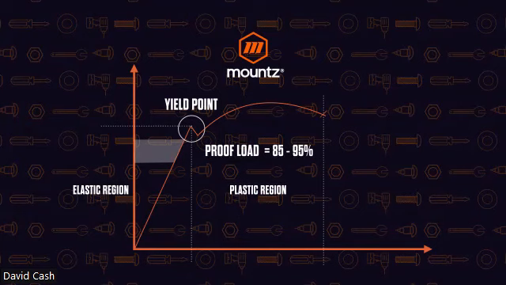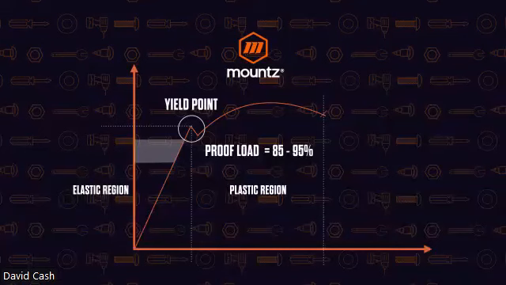But once we go past that yield point, the fastener will remain permanently deformed, and it is in the area where it can actually break. Even though the fastener itself is still intact, any shock, vibration, or drawing will cause that fastener to break. And when we talk about the specifications around a specific fastener,